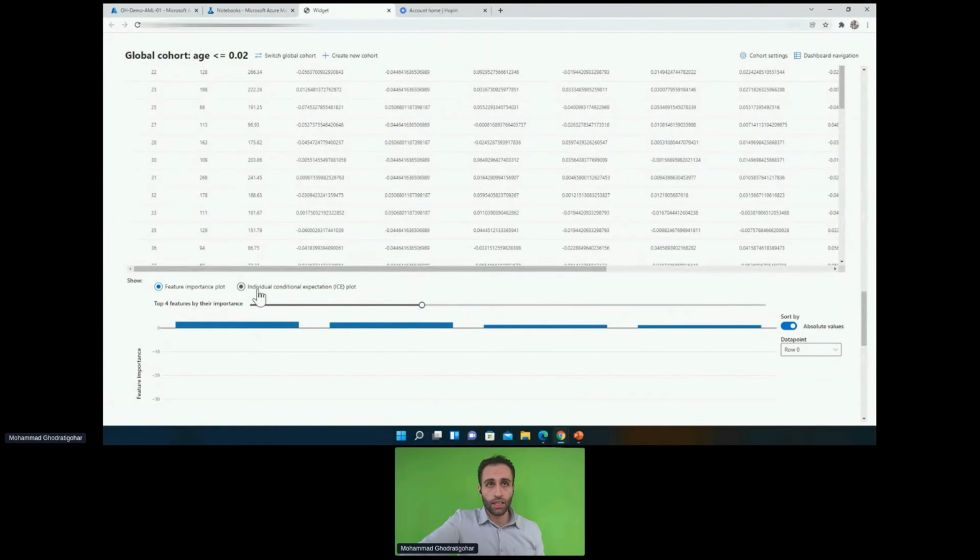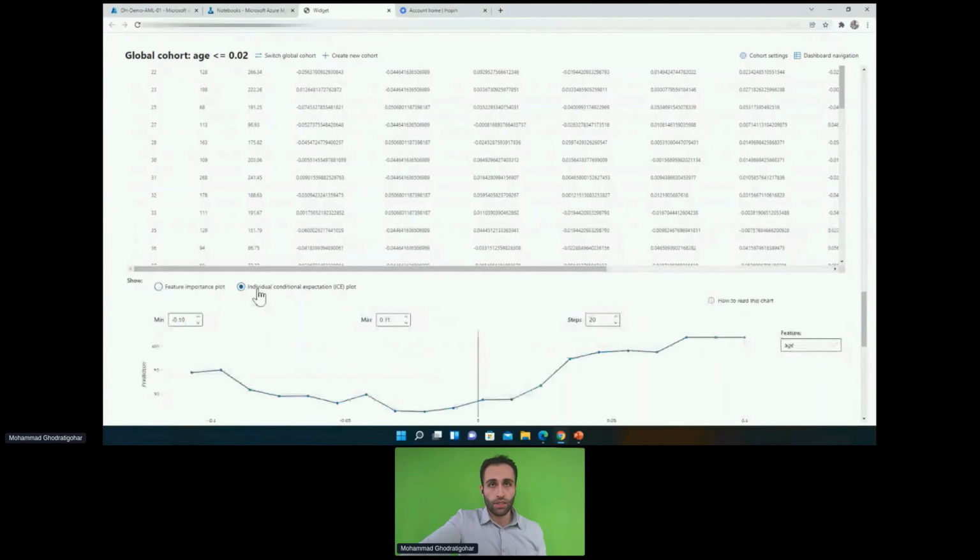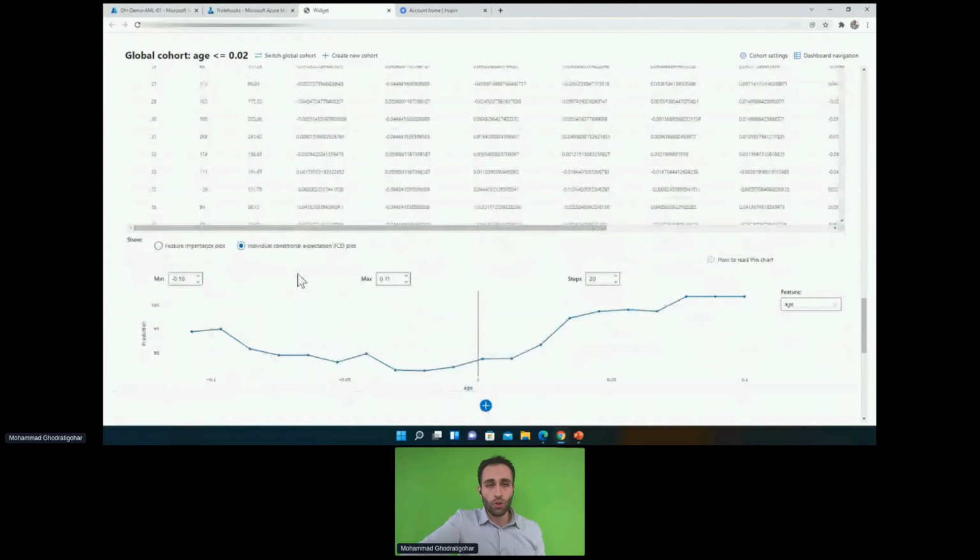And if I click on individual conditional expectation, this is the interesting part. That can show me how just changing the age for that specific data that I just chose, how the prediction of diabetes will be different. So you can see when the age is getting older, that specific prediction of diabetes is getting higher and higher and higher. So from almost 95 and 90, and then all the way close to 100. Again, I'm not going to interpret, I'm not a medical doctor, but I'm saying, well, does that make sense when the age is getting higher?